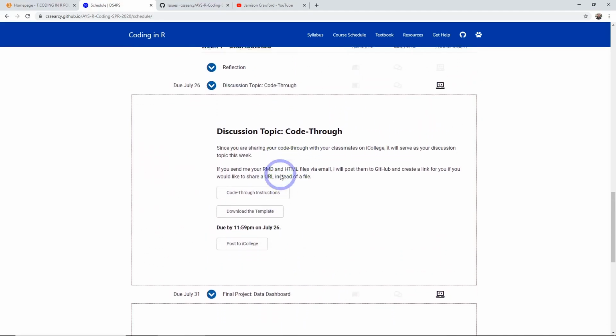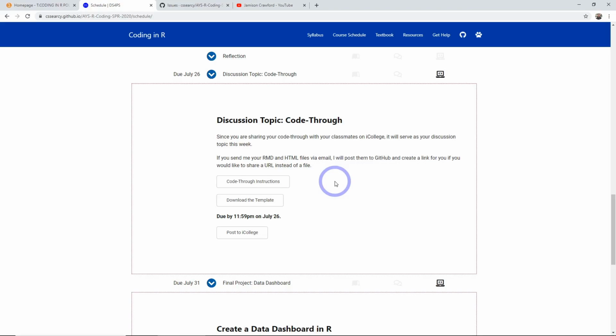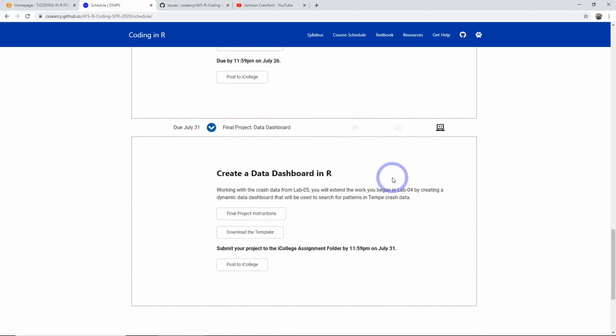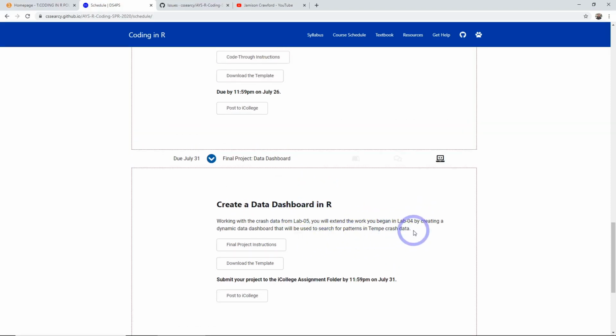So for the code through, you're expected to essentially write about, and I just want to talk about these final projects real quick. I pretty much covered the data dashboard. There's an existing dashboard. It's pretty neat. It uses Tempe, Arizona collision reports that have been shared via the city's open data portal. And so you can use those data to create this data dashboard, aka Crashboard. And you'll be expected to create a couple new modules on that dashboard to augment it to your liking,